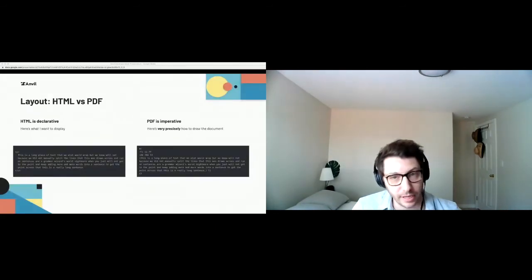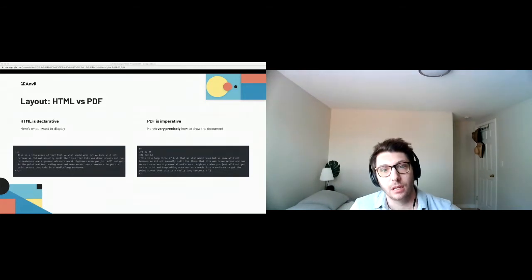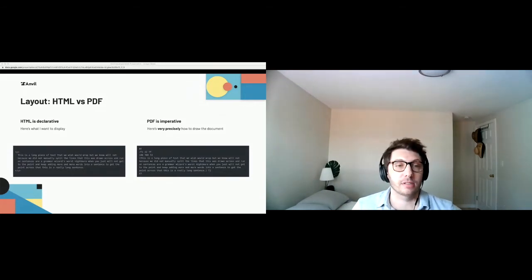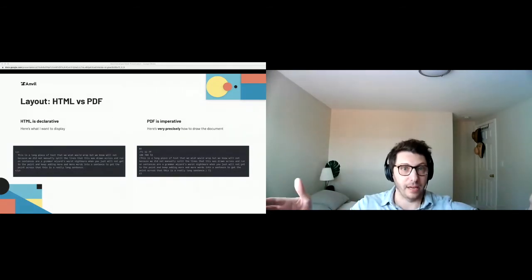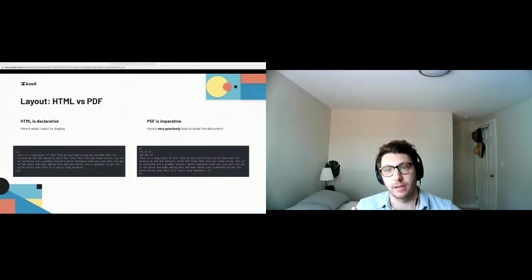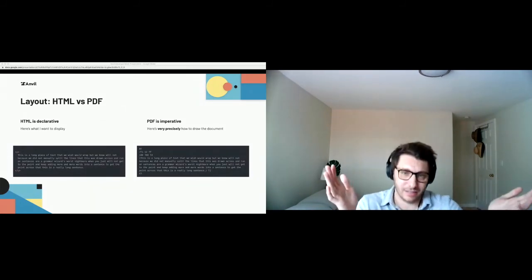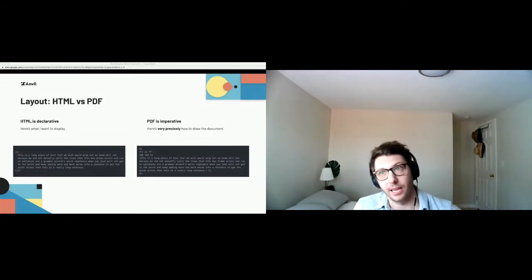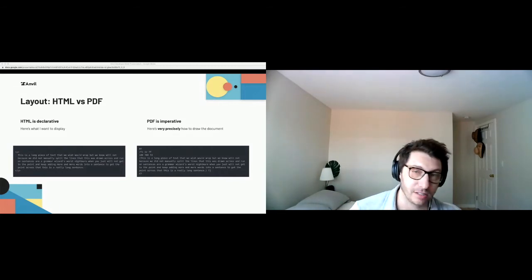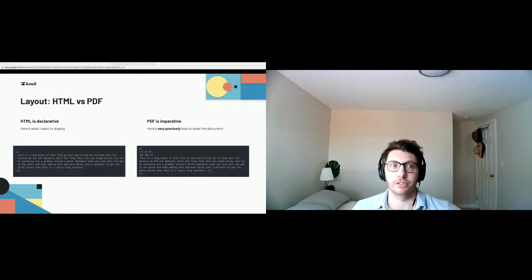Coming from HTML, this might be a little weird. HTML is declarative. So this is like, here's what we want to display, and then the browser will make decisions based on that. It will be like, well, how wide is the screen? Let me shrink it down and wrap stuff. You can also give the browser guidelines with CSS by saying, okay, I want to use Flexbox and I want this column to be this wide. But the browser might ignore you, right? The browser is making these decisions on how